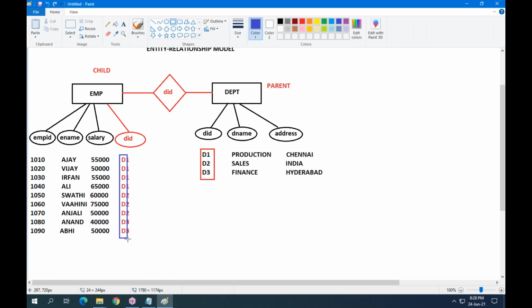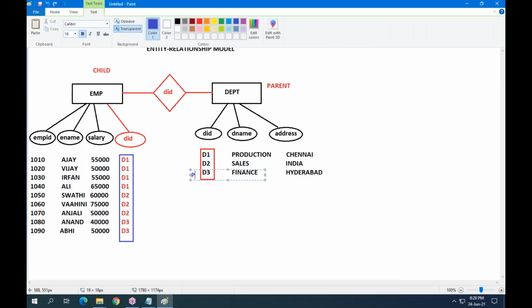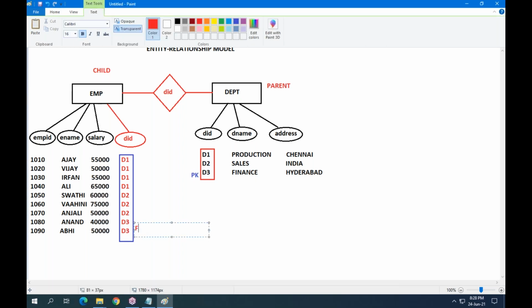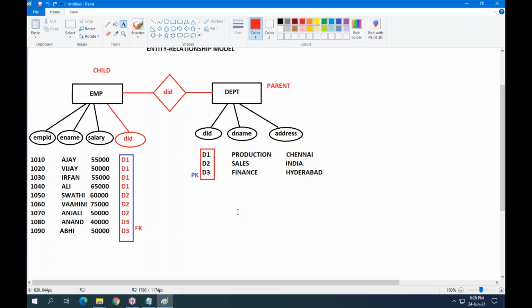The department table's primary key column is reflecting as a foreign key column in the employee table. This is the primary key, and it is reflecting as a foreign key in this table. Sir, what is primary key and what is foreign key? Again, you have doubt. You will understand that later. Don't try to digest all the subject at this moment, because we are still at the stage of how to create a table.